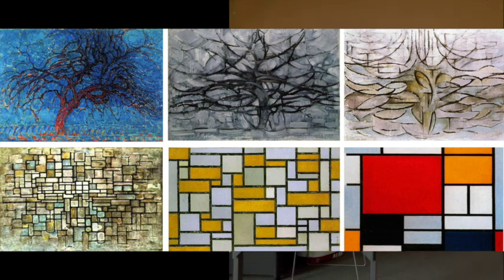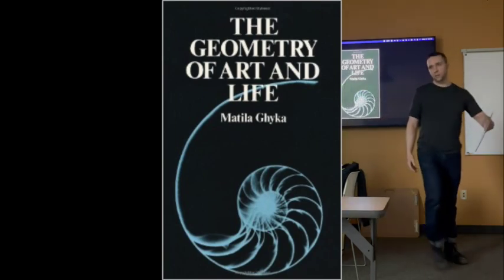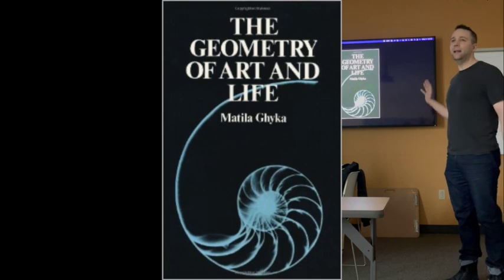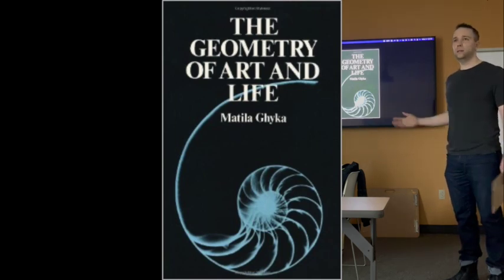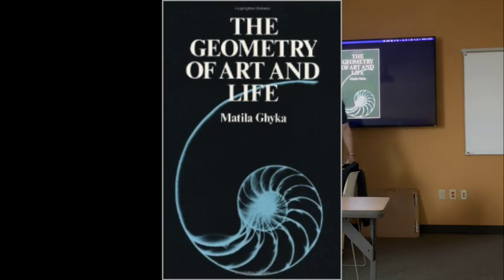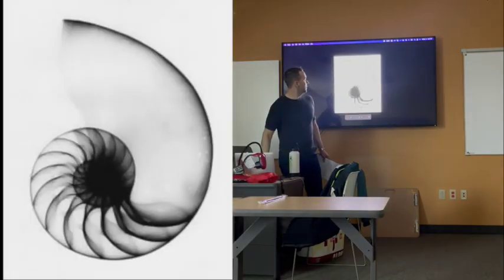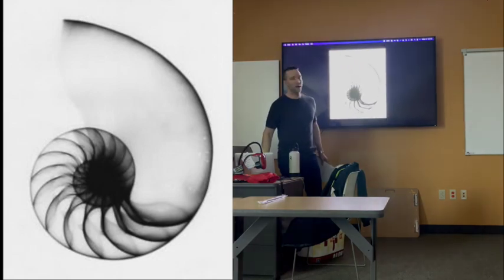So really, where does abstract form come from? Nature itself. So this is a book that I have, The Geometry of Art and Life. The spiral of the shell is highly mathematical. You can write equations that map this out. It's complicated stuff, I'm not privy to all the math, but I know that a seashell has that capacity, right? And that's just nature everywhere.